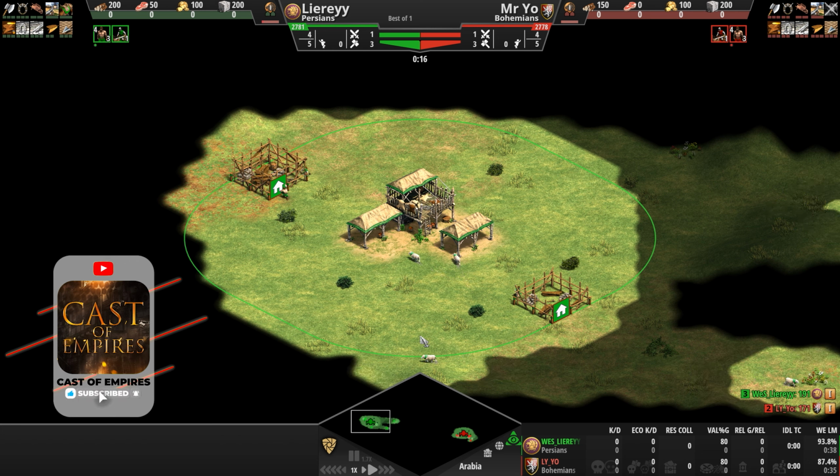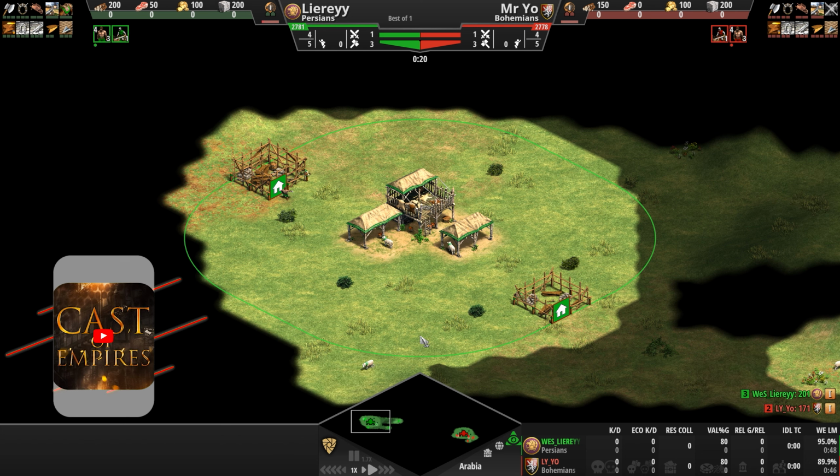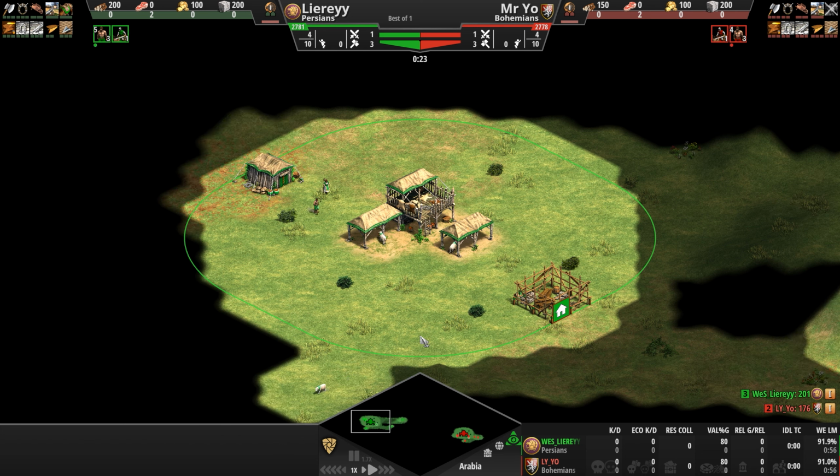Today we've got a battle between slow and expensive but incredibly powerful unique units as Liereyy, playing as the Persians in green, gets ready to take on Mr. Yo, playing as the Bohemians in red. Now while the players herd their herdables, explore their immediate surroundings and try to get up to Feudal